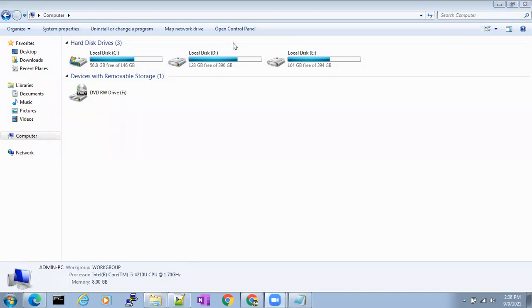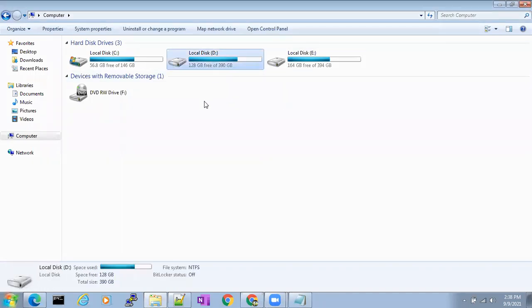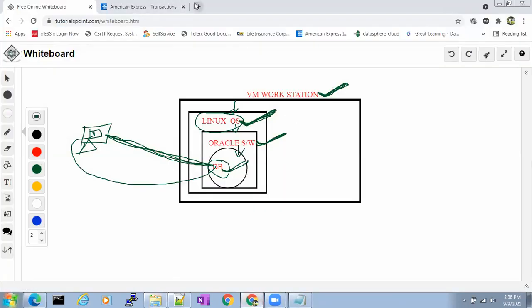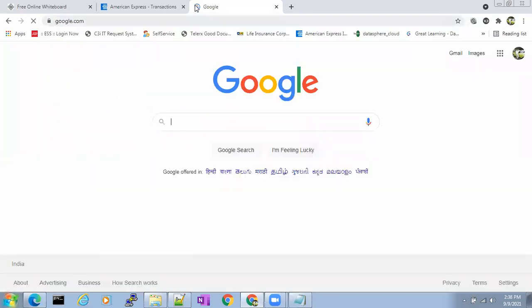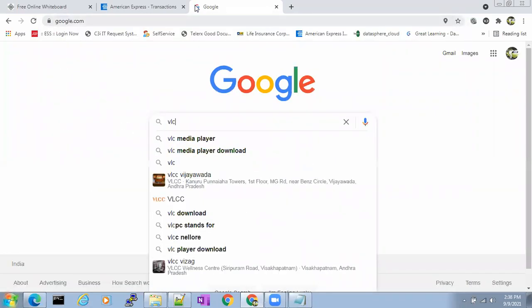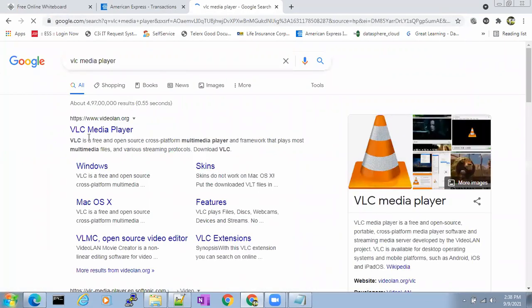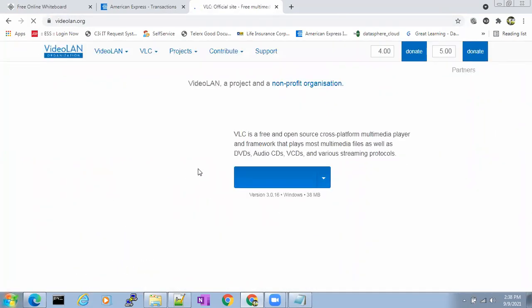Remaining people are sleeping in the class, or you don't want to participate? I told you everyone has to be interactive with me, please. Everyone understood what I'm talking about? I'm giving you a real-time example so that you understand better. I have downloaded the software in D drive, for example. Do you want me to do it? Okay, 1 second, I'll do it live.